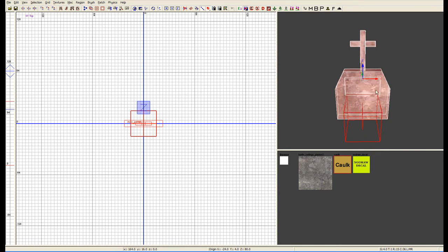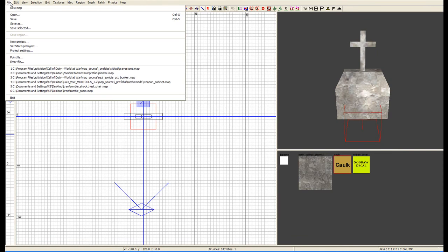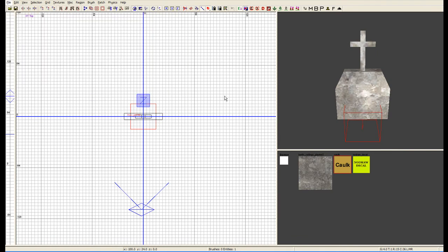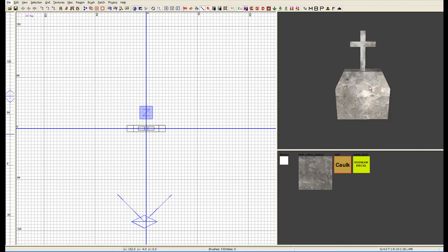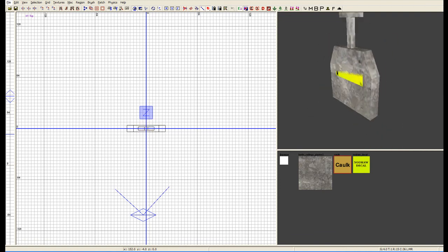And we're going to go into this. How do you go into this without having to go back up to File, Gravestone? You can actually go into it by selecting the prefab you want to go into, holding down the Alt button, and then hitting the Page Down button, which is above your arrow keys over on the right there on your keyboard. Page Down. So Alt and Page Down will go right into that prefab. Now we can select each individual piece. We can make alterations to this